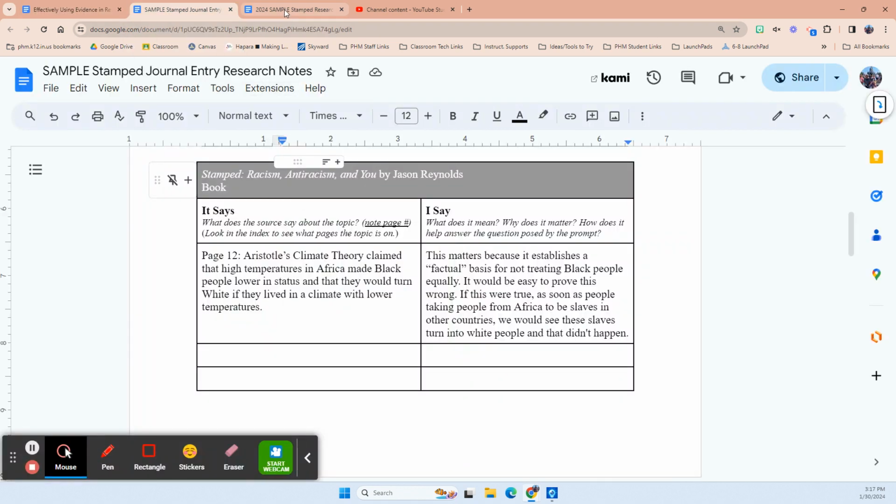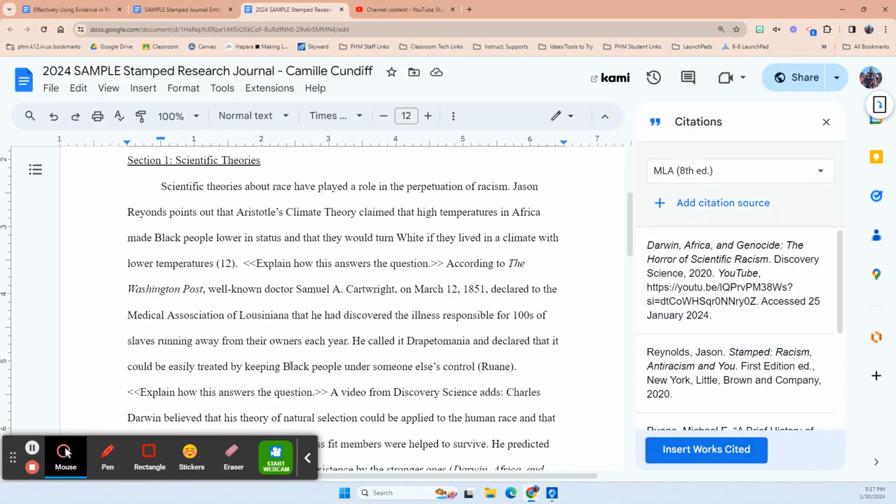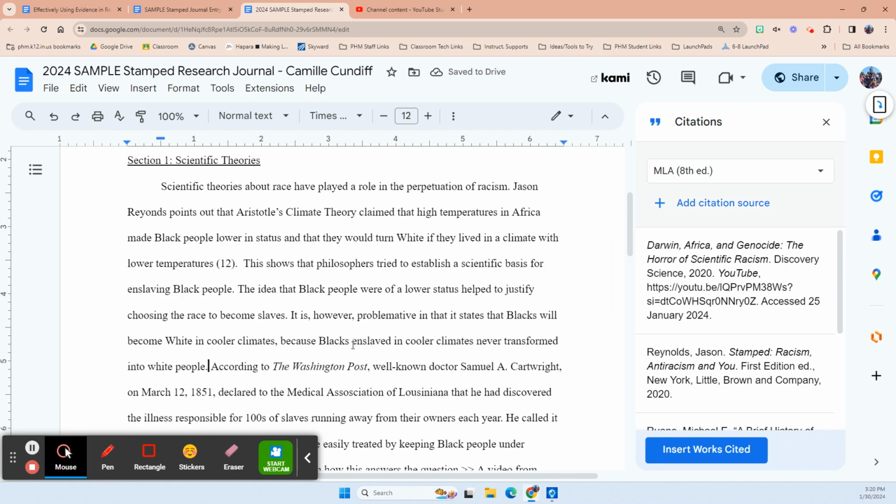So I'm going to go over to my document here, and I'm just going to select the text in that placeholder that I made, and go ahead and type my explanation here. So I ended up with, this shows that philosophers tried to establish a scientific basis for enslaving Black people.